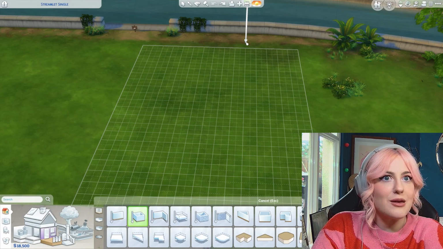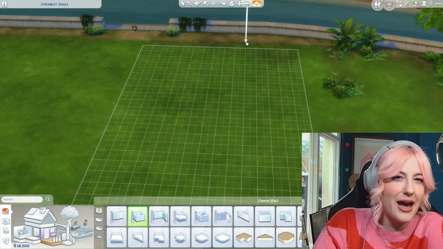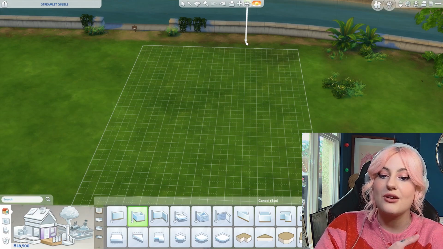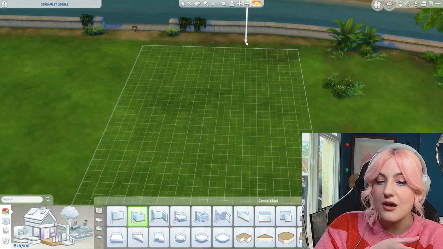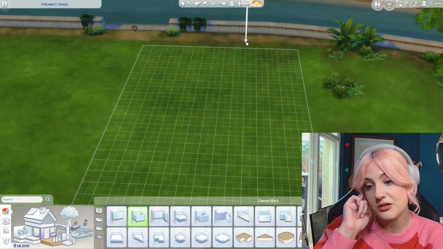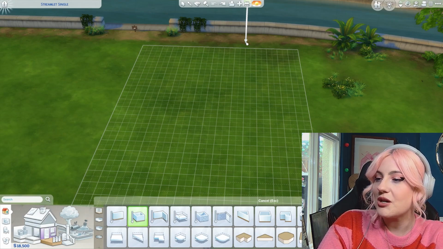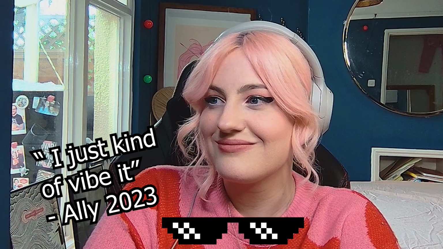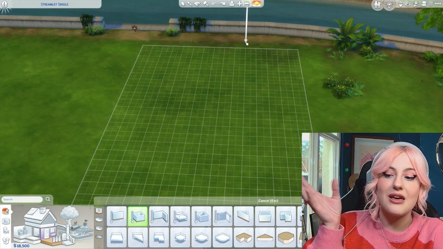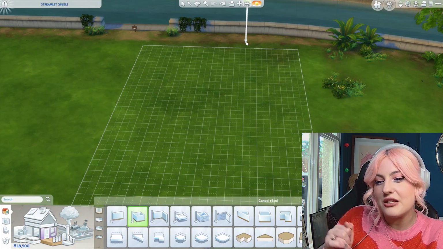I think what I really need to do to get better at building is probably something along the lines of looking at actual floor plans for houses. I do a lot of looking at interiors on Pinterest, and also I follow people like Alexandra Gator and Sorry Girls on YouTube. I also watch a lot of other simmers and their builds, but I'm not used to doing things properly, shall we say. I just kind of vibe it. And usually it doesn't make any sense, and I find it really hard to then create zones, like where things feel like they should go. It never really...